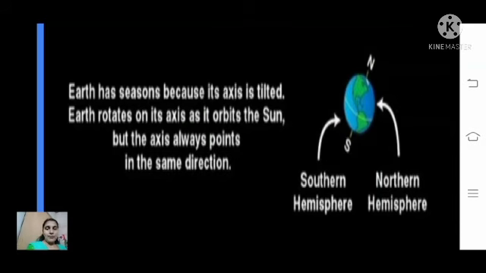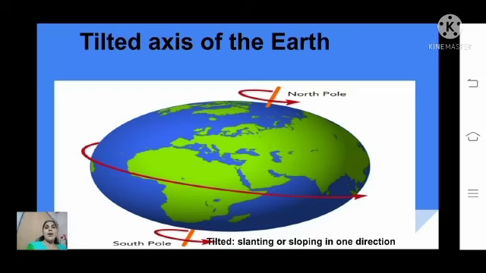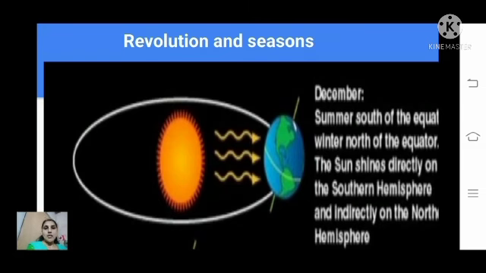Is it clear? Yes. And we already studied that axis of the earth. It is the imaginary line goes through the center of the earth. Actually, that axis is not a straight line. It is tilted. Tilted means slanting or sloping in one direction. A slanting line. Okay. And as the earth revolves around the sun,